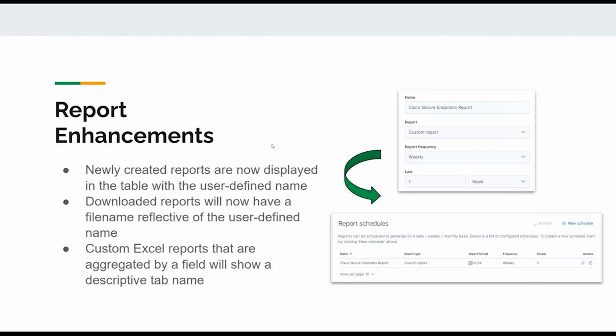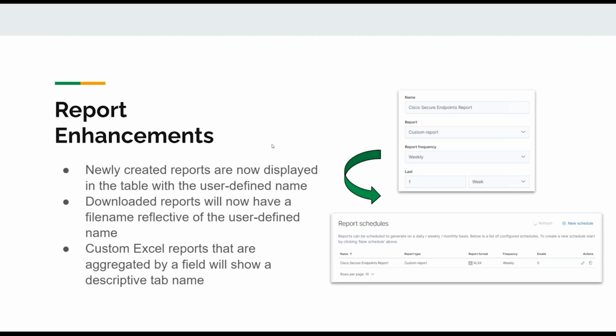Again, that makes sense. So that's going to be an improvement that we have coming out in the new update. Also, one of the things that we added for custom reports is when you download a custom Excel report and you aggregate by a field. Say you had a SonicWall firewall report and you wanted to aggregate by IP address. Well, now all of the tabs on the Excel report will have the descriptor, so if it's aggregated by IP, it's going to have the IP on the group tab name, for example.